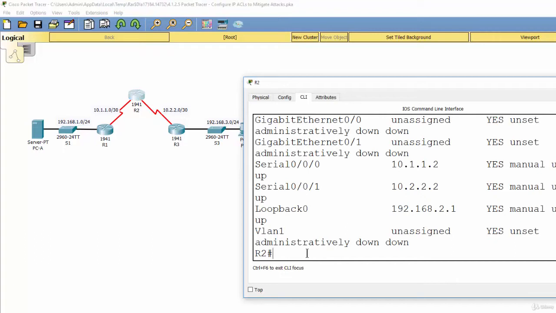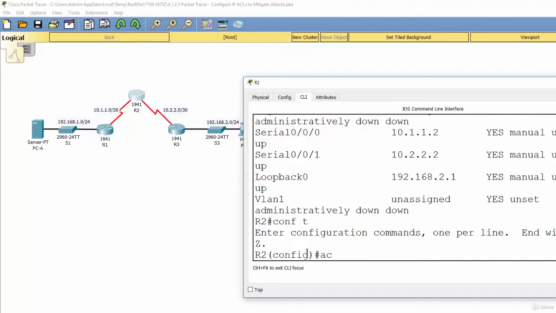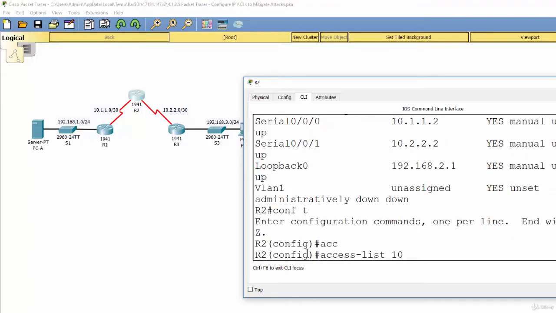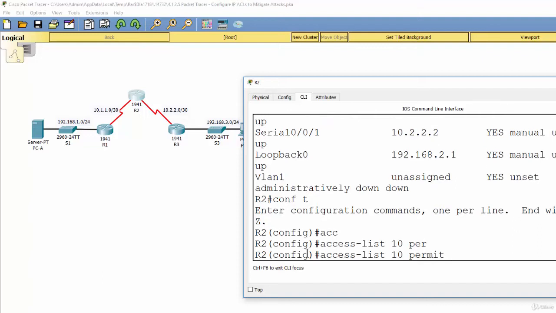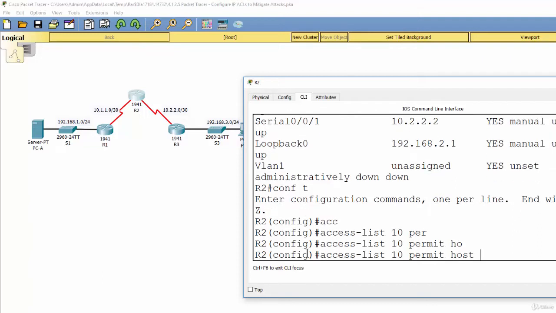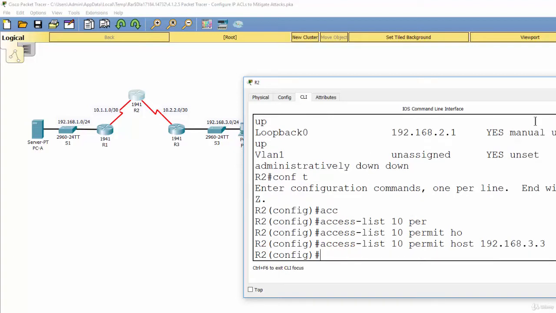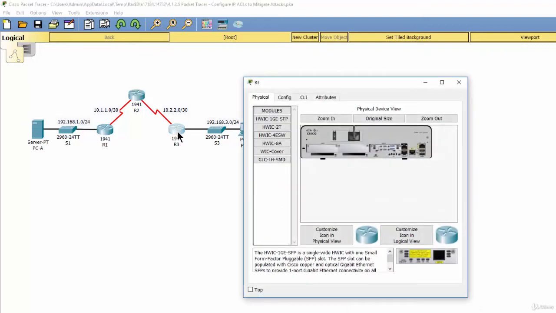On router 2, we will do the same. And on router 3,